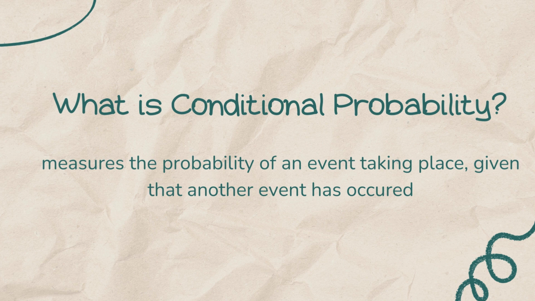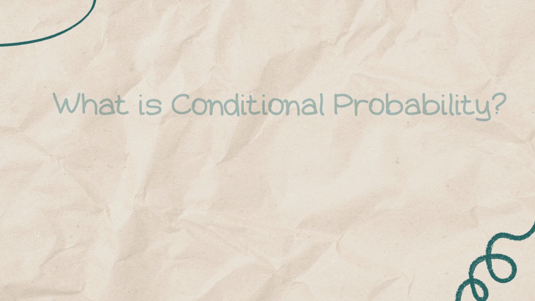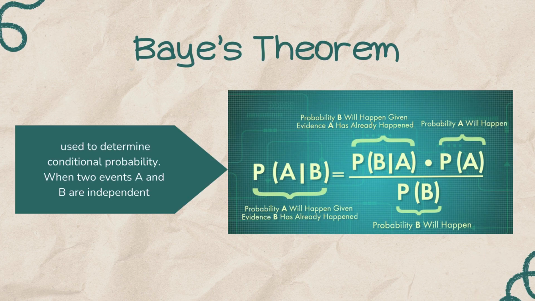So, the idea with conditional probability is that we want to figure out the probability of something given that we have some other piece of information that we can bring to the table that will influence the probability of whatever we are investigating. I have also prepared the formula based on Bayes' theorem.